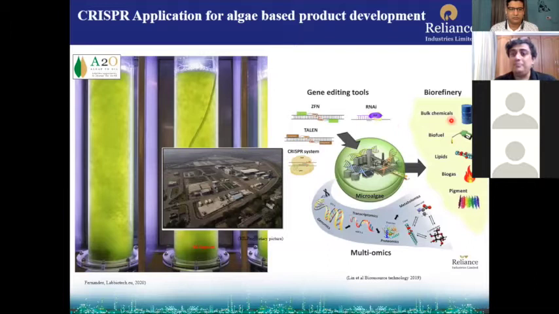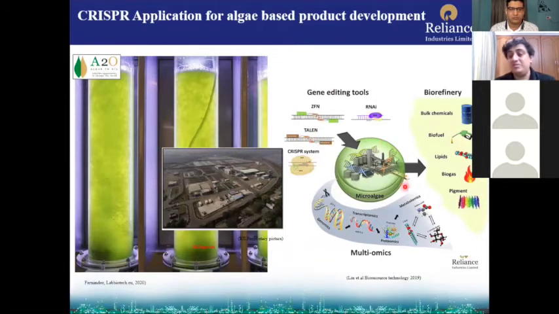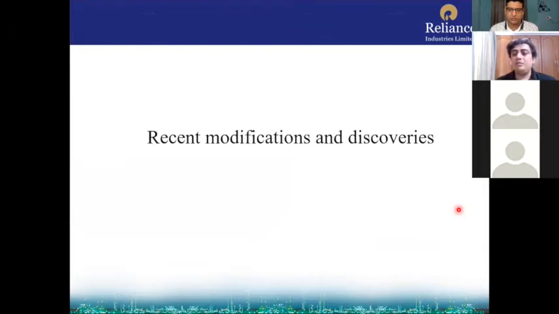So we use algae, this is our farm, and we use CRISPR and other gene editing tools to change microalgae so that we can make bulk chemicals, biofuel, lipids, biogas, or pigments. So different chemicals from algae and obviously biofuel by applying CRISPR. So far what I have shown is basically CRISPR mediated